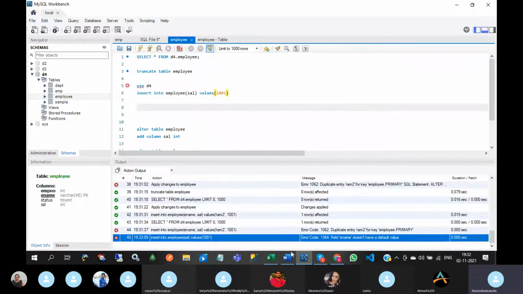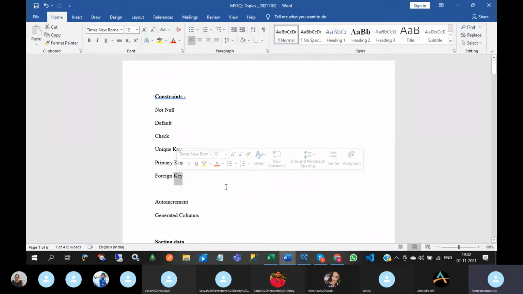Next one is foreign key. Foreign key means it is a column or group of columns in a table that links to a column or group of columns in another table.